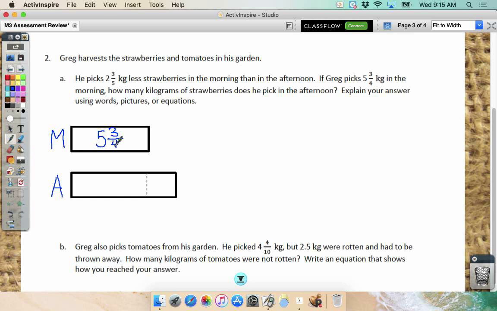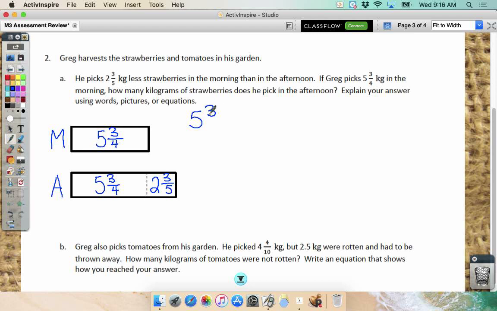So I gave you a little dotted line there. What do you think it's for? Extra. Okay, so how many extra did he pick in the afternoon? 2 and 3/5. Okay, so what are we going to add? 5 and 3/4 plus 2 and 3/5. So this is the whole afternoon right here, and this is the morning. So if I add this together,